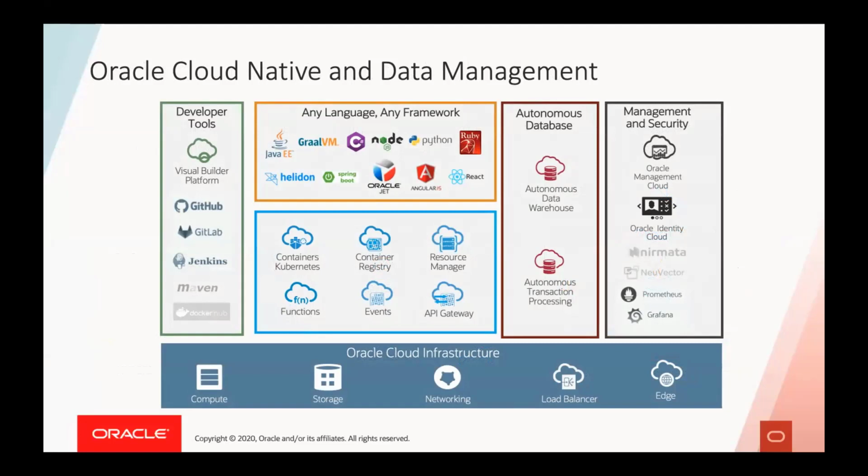OCI provides bare metal machines, virtual machines, containerized compute, GPUs for performance intensive workloads such as AI and ML, and a variety of cloud storage options such as block, object, and file storage and archive. OCI offers an array of services for developers to build modern applications, and OKE uses OCI as the main underpinning platform for its services. We don't restrict users to a single programming language, so it's your choice on what programming language you want to bring. For instance, Java, JavaScript, Node, Python, Ruby, or any DevOps tools that your existing organization is using.